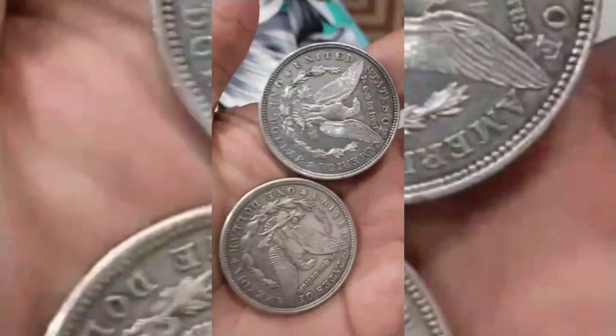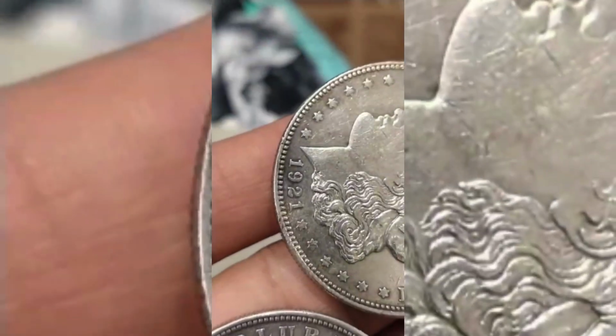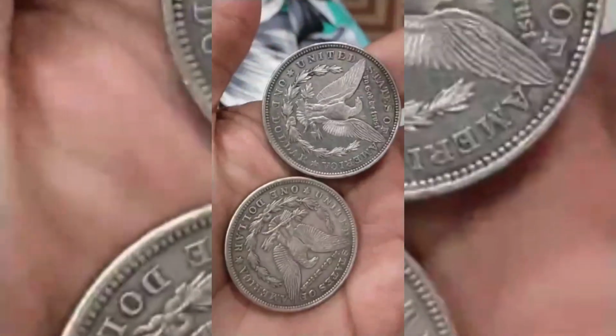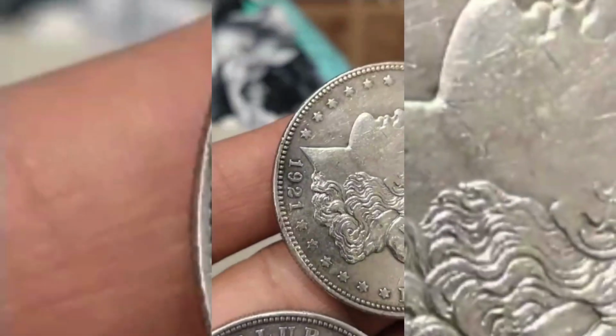So buckle up, because we're going to explore everything you need to know about how a $1 coin could possibly reach a value so astronomical, starting with the critical context of its time. As 1921 was a pivotal year for American coinage, representing the end of one era and the beginning of another,